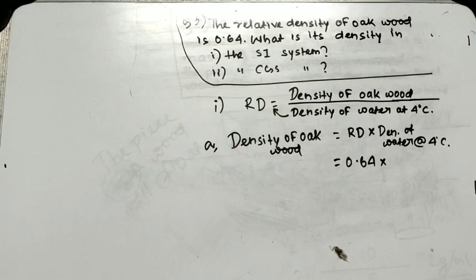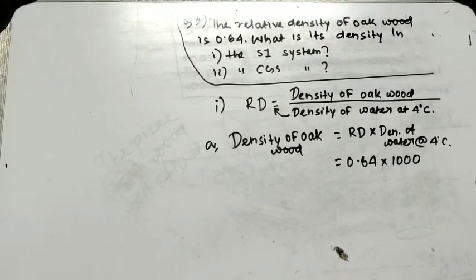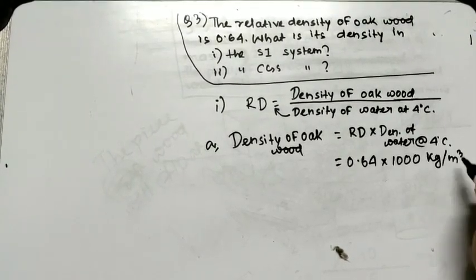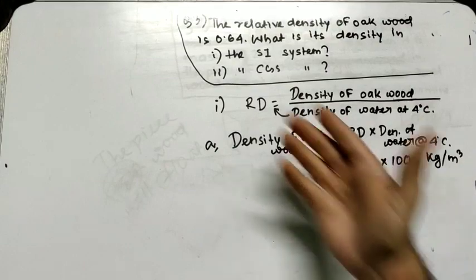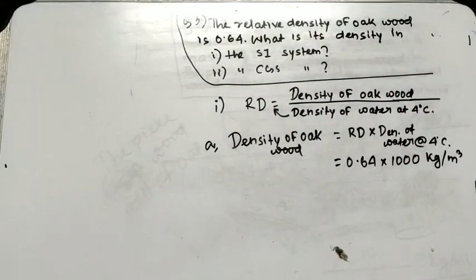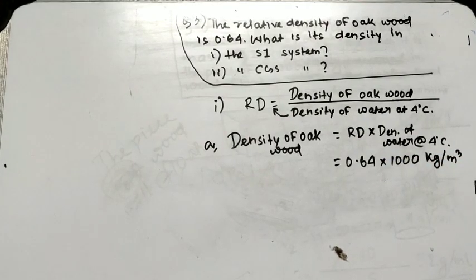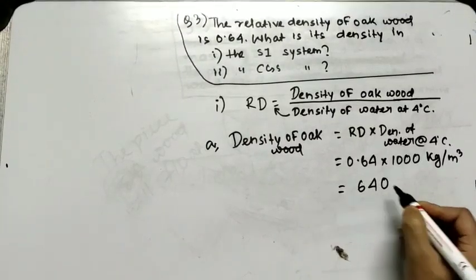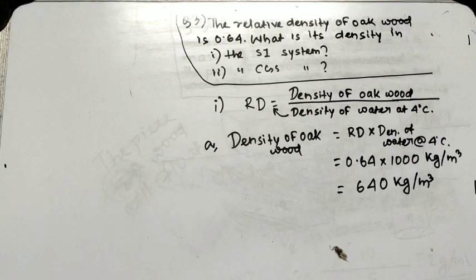And what would be the density of water at 4 degrees centigrade in SI? Do you remember this? Yeah, it is 1000 kg per meter cube, right? We have taken 1000 kg per meter cube because as the first question says, we have to find the density of that oak wood in SI system. So in SI system, the density of water at 4 degrees centigrade is 1000 kg per meter cube. Now it's a simple multiplication. We get 640 kg per meter cube. This is the density of oak wood in